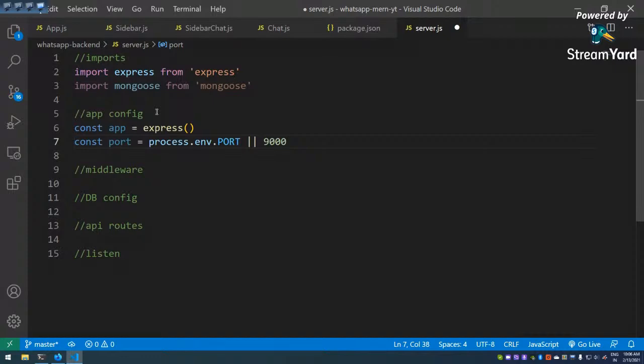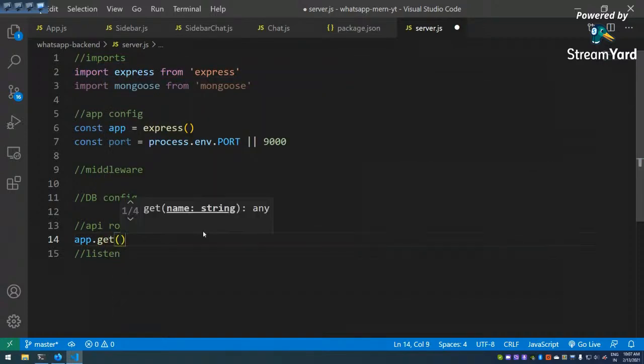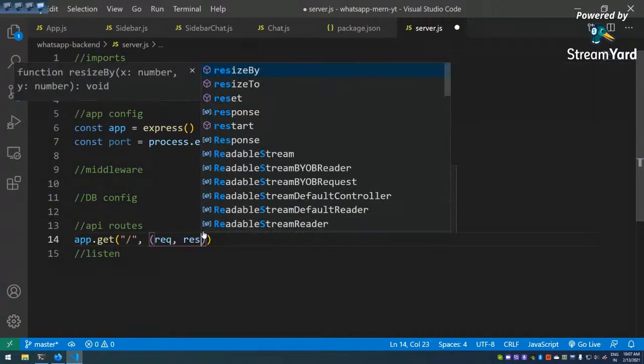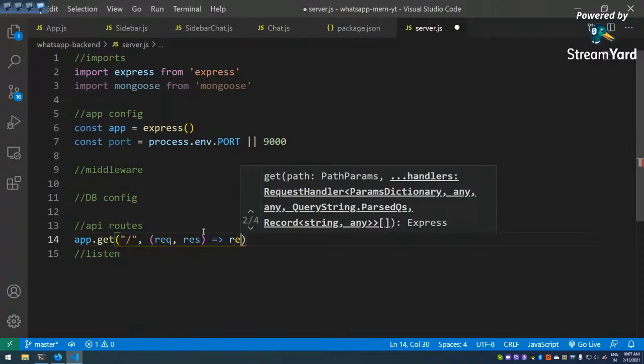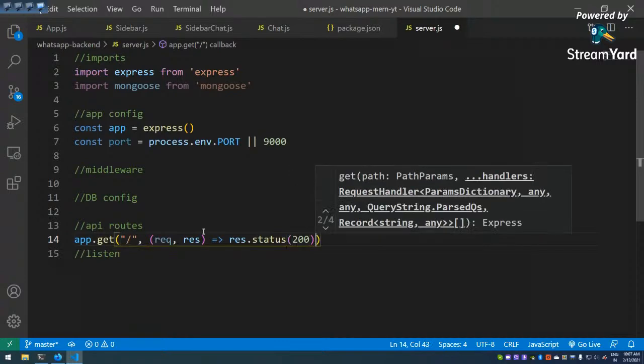A route is something very backend specific. Whenever you go to any site like facebook.com, you actually hit a route, and it is generally a get request. When you post something in Facebook, like you write a post, that is a post request. We will do that also, but let's create a very simple route now, which is app.get, slash, comma, req, res, res.status 200, comma send